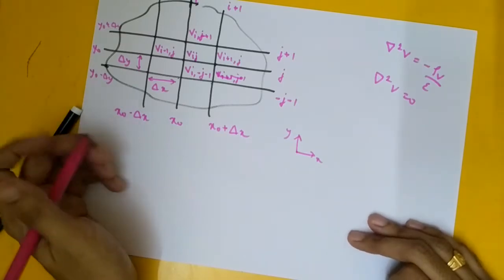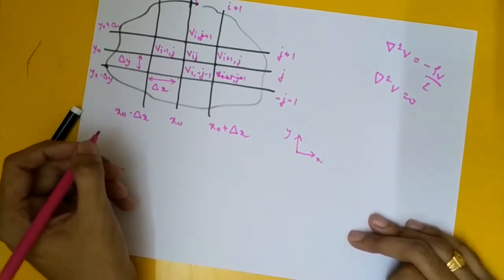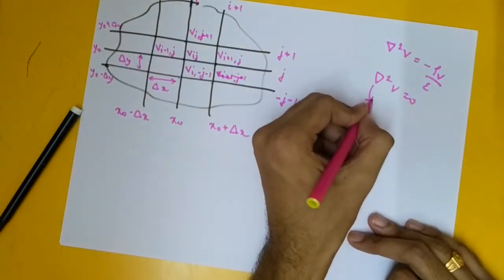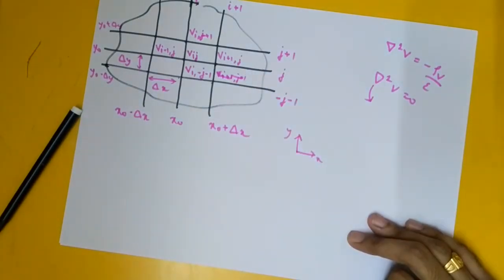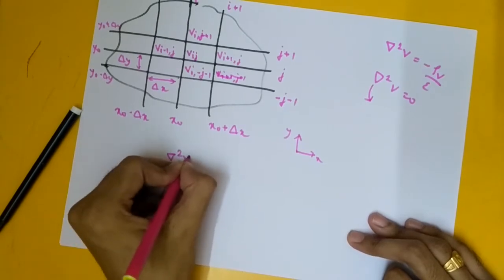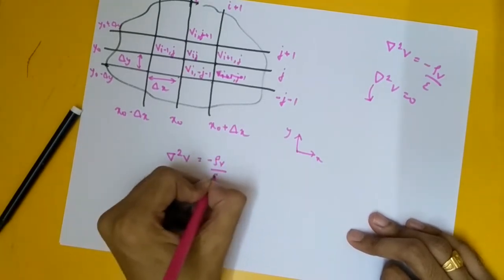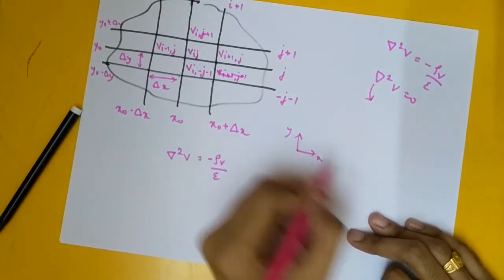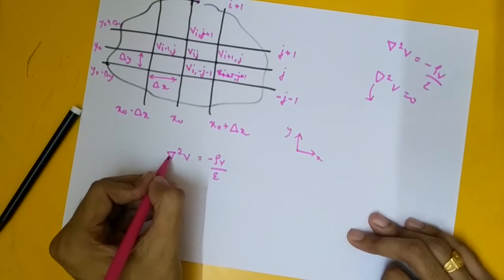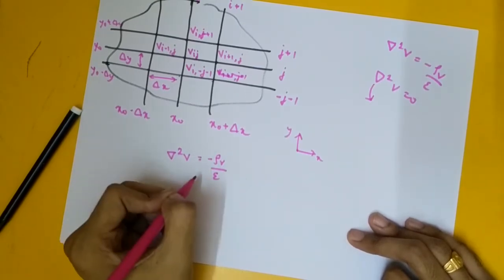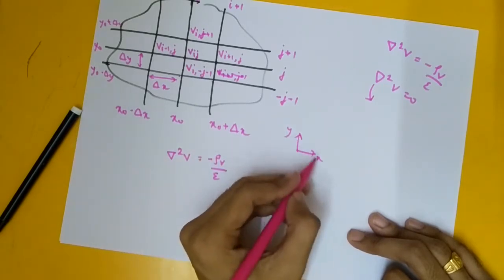So what is step 2? In step 2, we need to obtain what? From differential equations, that is, this del by del x term should get converted to what? Algebraic equations. So let's start with our Poisson's equation. What is it? Del square V equal to minus rho V by epsilon, right? And we are only considering a two-dimensional problem. So del is del by del x plus del by del y plus del by del z in the direction i, j, k. But since it is only x and y, del by del z will be 0.